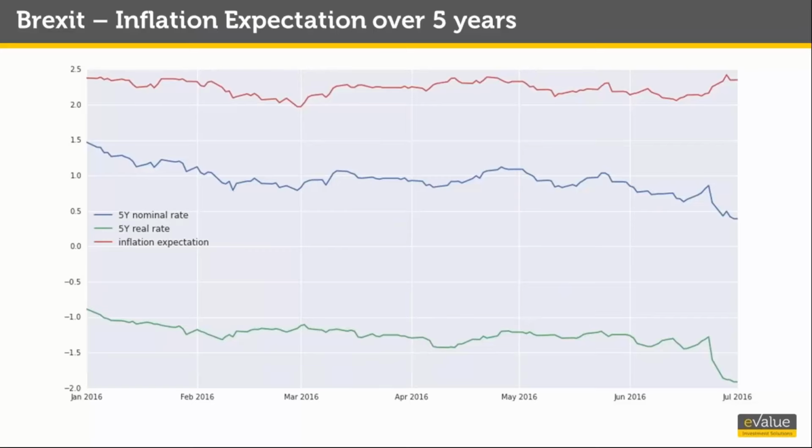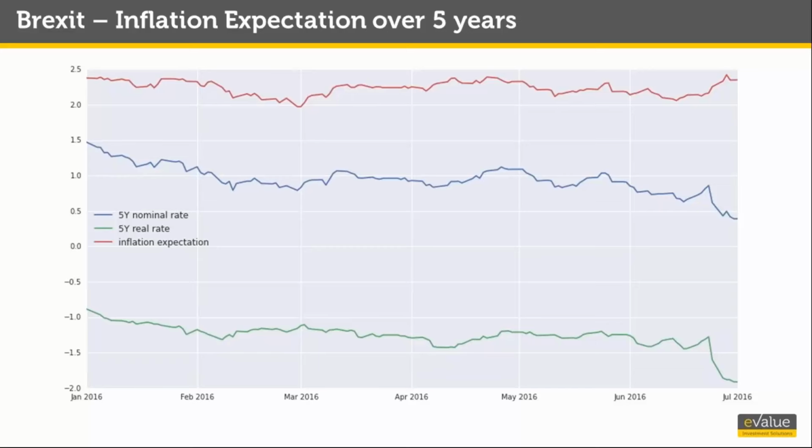Another thing we can look at is actually interest rates post-Brexit. Interest rates show another side of the health of the economy. We can infer inflation expectations from the spread in levels of nominal and real interest rates, the so-called break-even inflation. In the run-up to the Brexit vote, real yields were generally stable, and most of the movement in the spread was due to volatility in the nominal yields.